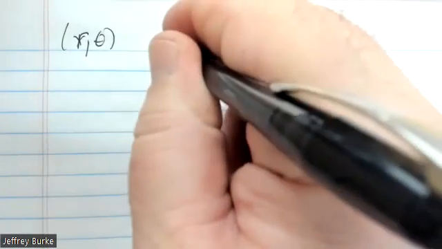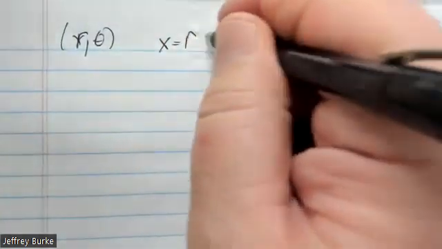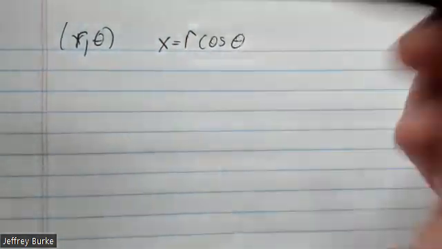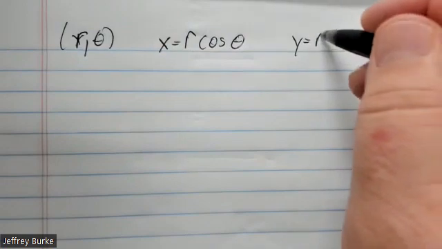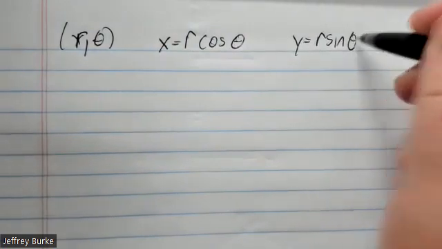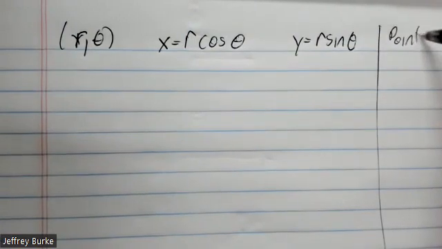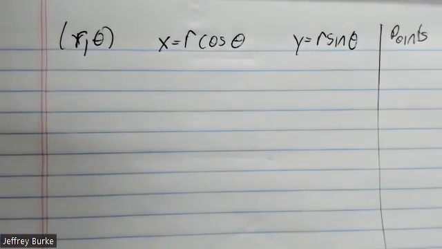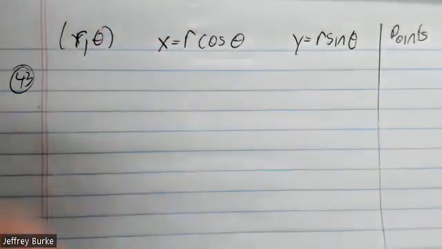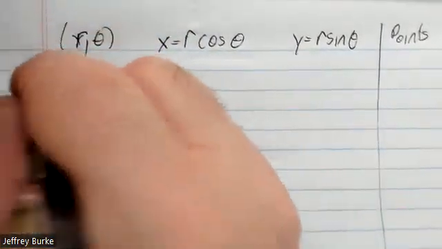All right, so what you need to know, if you're given the point (r, theta): x is gonna be equal to r times cosine theta. y is gonna equal r sine theta. And here are gonna be my points. So we're gonna approach this in a very systematic way. Here's gonna be problem 43. This is gonna be the point,